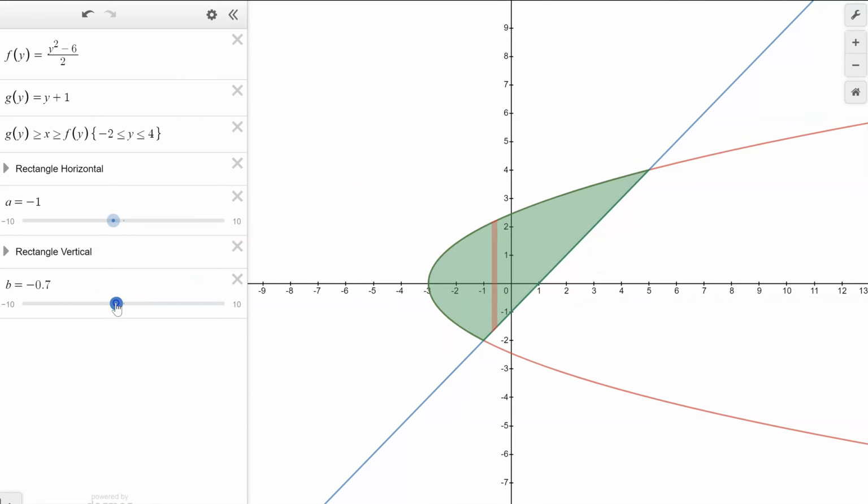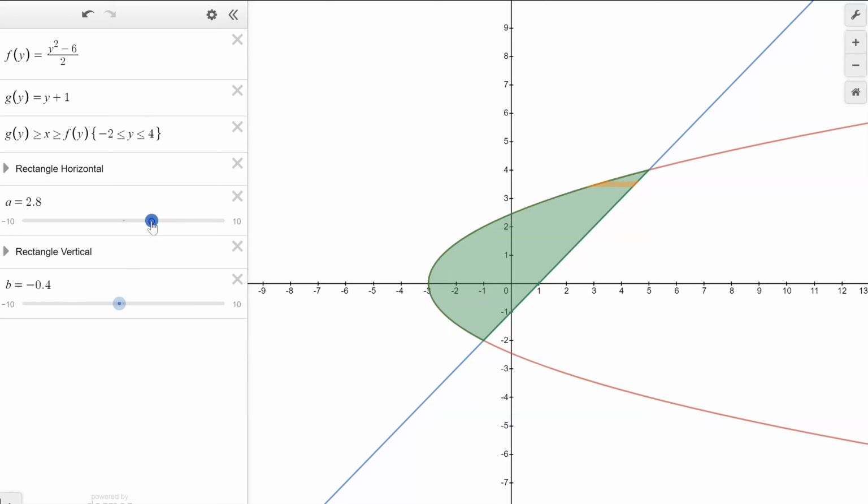Oh, look at that. If you were to keep subtracting that one, so it's that one, take away that one, and you move it through here, look. We are no longer finding the area between the two curves. This area is not there. We are outside of it. So what does that mean? It means we have the wrong rectangle. We're supposed to be using